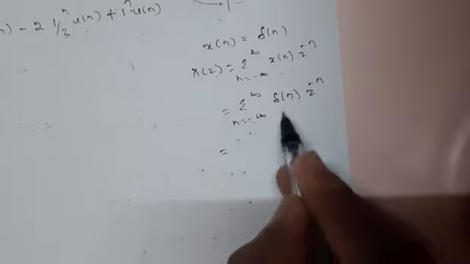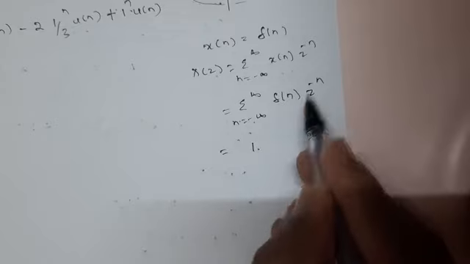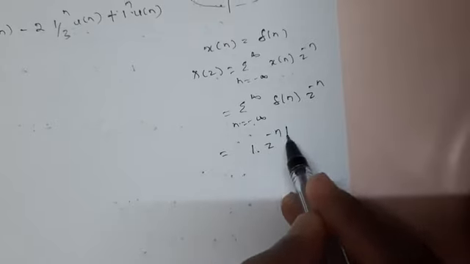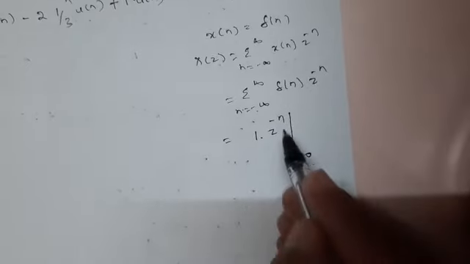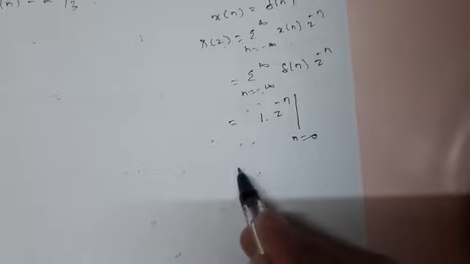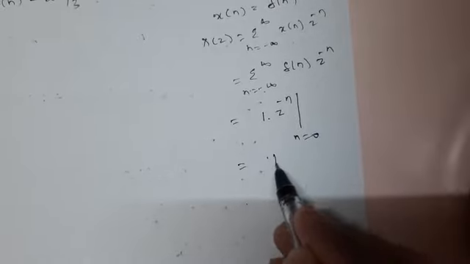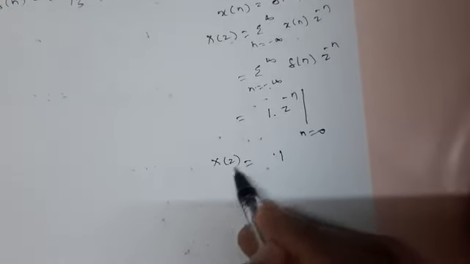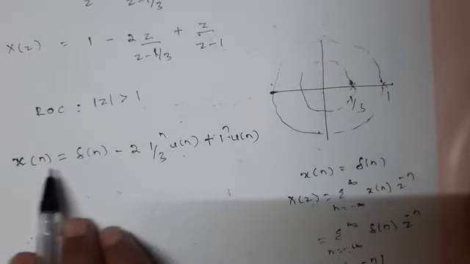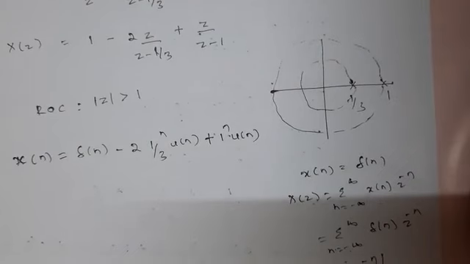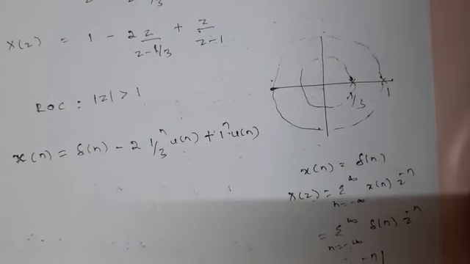Means can I write del of n is 1 into z to the power minus n as it is, at what value? This value is 1 at n equal to 0. N equal to 0 when you substitute here, z to the power minus 0 which is z to the power 0 which is 1. X of z is 1, right? And hence you have got x of n equal to this. So this is how you try to find the inverse z transform of the given equation. Okay, we'll go with the next